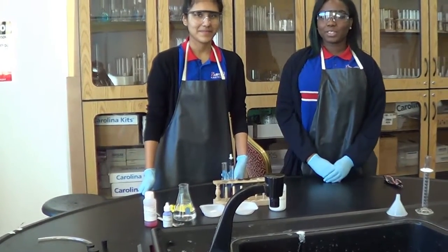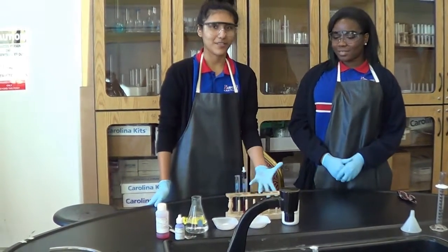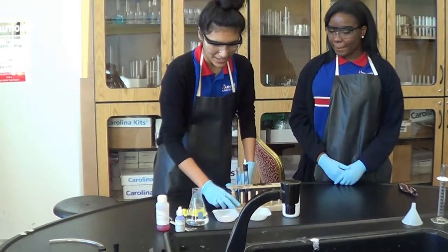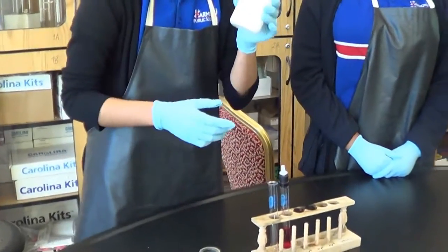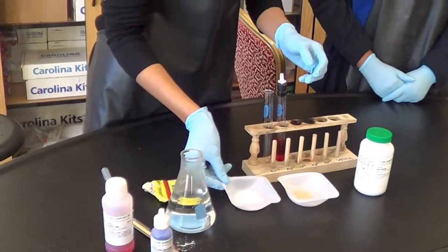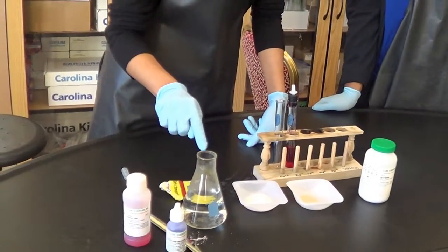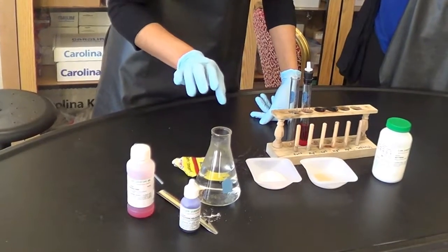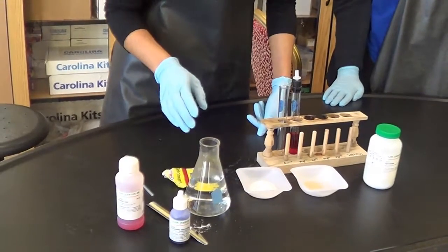Hello, we're coming from Harmony School of Science, and today we're going to be showing you our alcohol fermentation project. So first, we measured our glucose, which is basically sugar, and we need that because when we add the sugar into the hot water and the yeast and these solutions over here, they will create like cellular respiration, which eventually